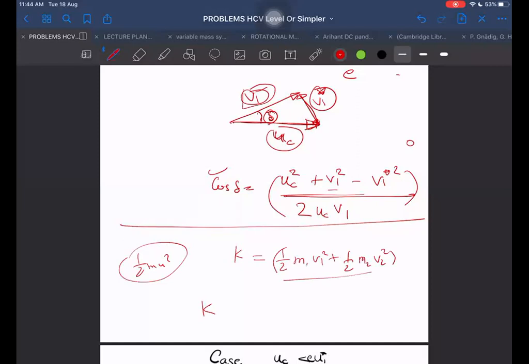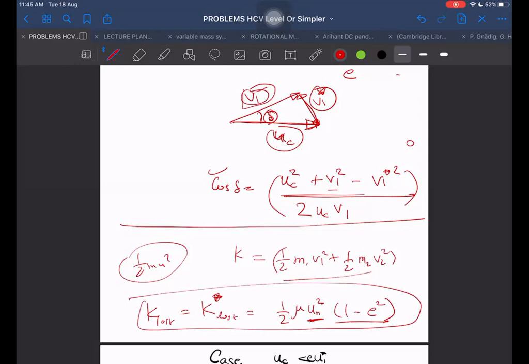And what is the formula for kinetic energy lost? I told you kinetic energy lost in all the frames will be the same. So we will find kinetic energy lost in the center of mass frame. That will be kinetic energy lost in all the frames. And that will be equal to half of mu into u relative along the normal square, remember, into 1 minus e square. U along the normal, it is only along the normal. I'm just telling you guys how to analyze, and if they give this question, let us say they are asking the coefficient of restitution in this, and they are giving the kinetic energy finally, we can obtain that by using this relation.